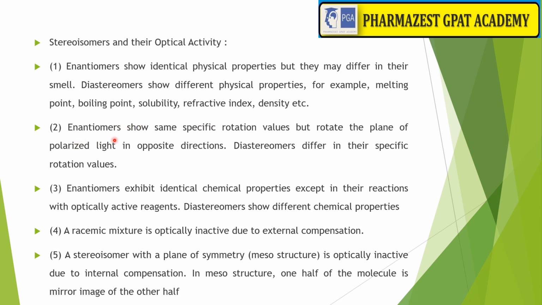Next, enantiomers show specific rotation values but rotate the plane polarized light in opposite directions. Diastereomers differ in their specific rotation values. The third point is that